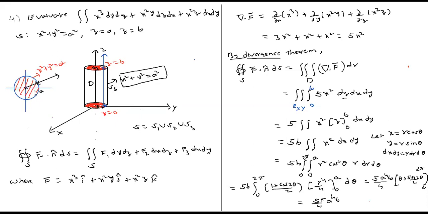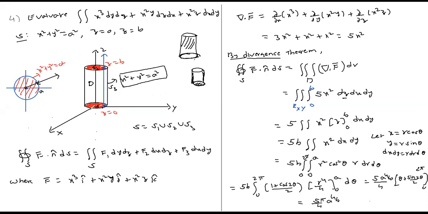The cylinder is a hollow surface. Remember, I'm not talking about a solid. S C is a surface, right? A surface is not a solid. A surface is just a layer, right? So what is the projection of this cylinder on the xy plane? You will get a circle only. You don't get the circular region, because I'm talking about the cylinder, not the cylindrical volume. I would like to integrate over the surface, not on the volume, right? So when you take the projection of the surface, you are getting a curve. You are not getting a region. So you cannot take the projection on the xy plane.